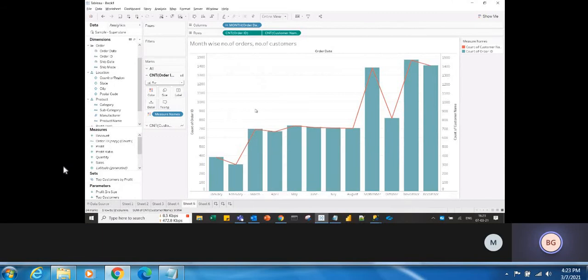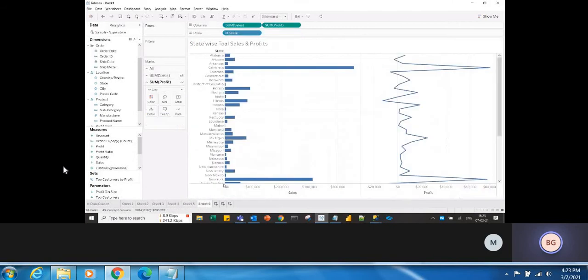So the difference between the individual and dual axis here is, so this is dual axis, right? So when you use the dual axis, both will combine. But when you do that in the individual axis, see the axes are separate like this, but the charts will not get merged.